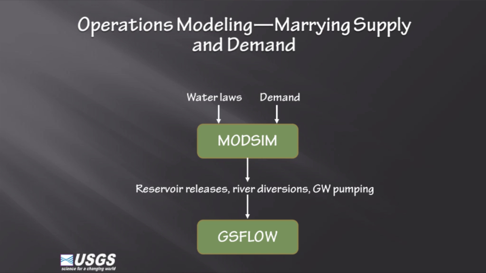So this is just a little more information about the hydrologic model and the coupling to the operations model. This is basically what an operations model does: it takes the water laws, so the priorities and the rules of water delivery, and then the demand side, and it makes the decisions about what gates they're going to open and how water is going to be delivered to all the different farms in the system based on those priorities and demands. And then that information is fed to the hydrologic model, which then simulates the distribution based on the physical processes, mainly gravity.